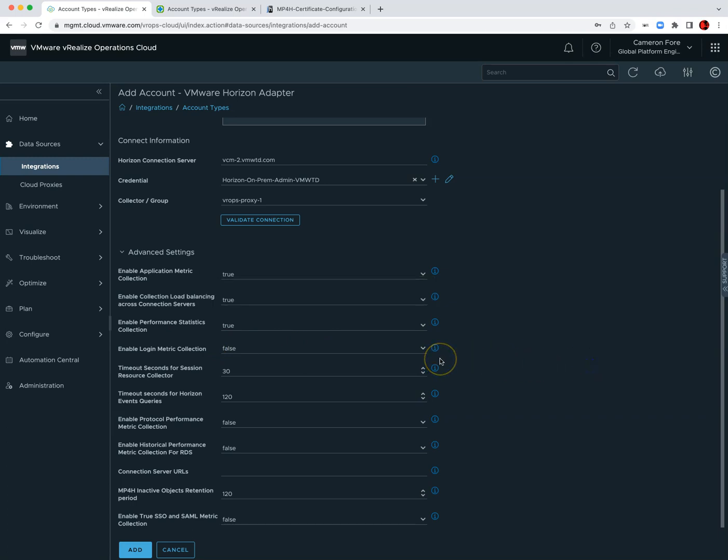Login metrics. So login metrics, again, should only be turned on if you really need them. Otherwise, it can take longer collection times to pull data. In smaller environments where you don't have 10,000 sessions on a pod, you probably can get away with login metric collections and it not adding performance overhead. But just keep in mind that it does, because certain metrics like login collection times require us to talk to